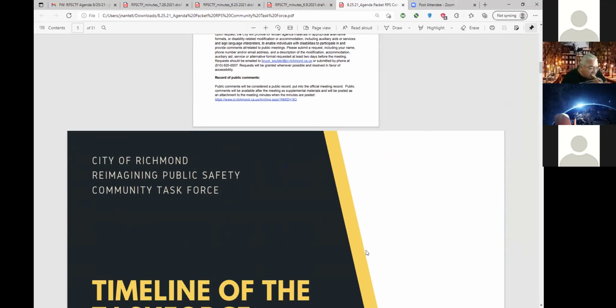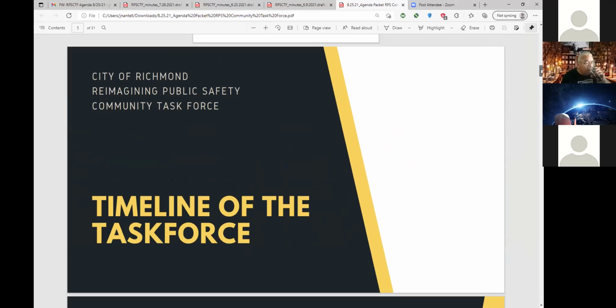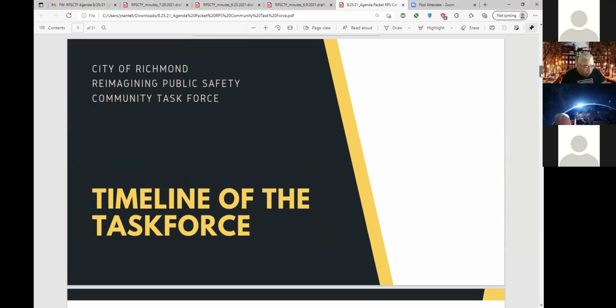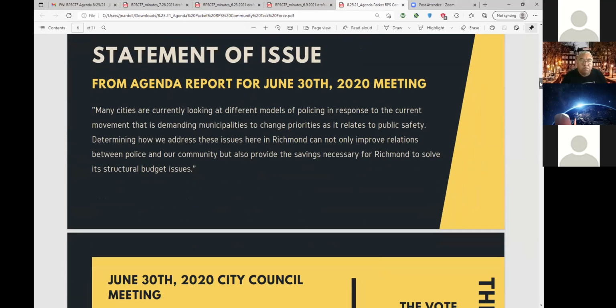Gotcha. So here is the first slide relative to the timeline of the task force. Perfect. Just to walk folks through what we're looking at here, this presentation is pretty self-explanatory. It's more of a recap, like Jim just read in the first slide. It's a timeline summary of the origins and the direction that the task force has